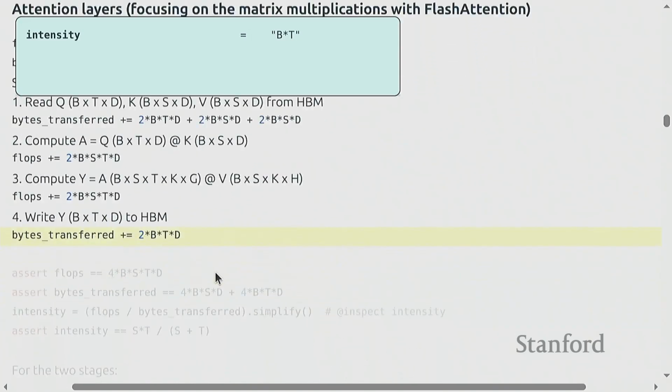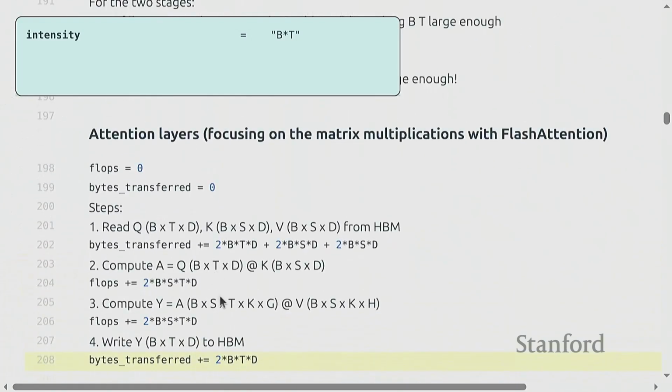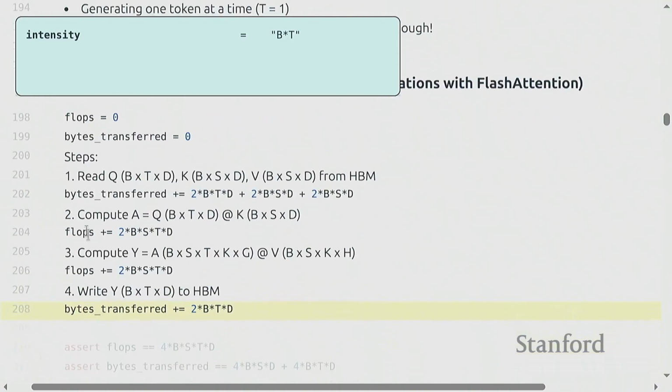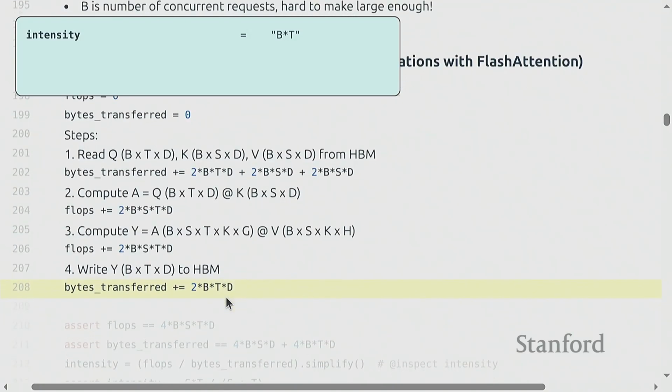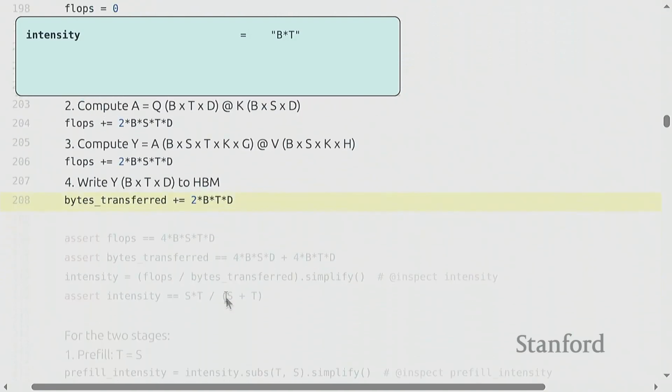Okay, and here I'm assuming there will be more bytes transferred if you didn't use flash attention. Flash attention means that you don't have to keep on writing back intermediate steps to HBM. But the order is actually not really affected, so qualitatively, it doesn't really matter whether you use flash attention or not. The constants matter for the math here. But let's look at the flops and the bytes transferred.